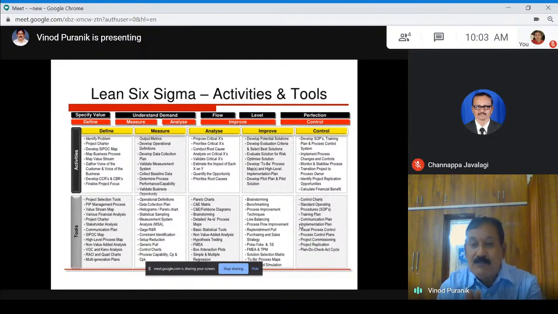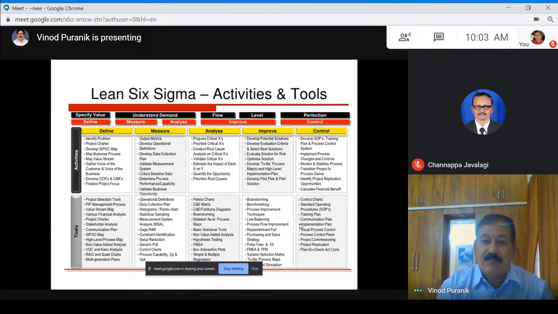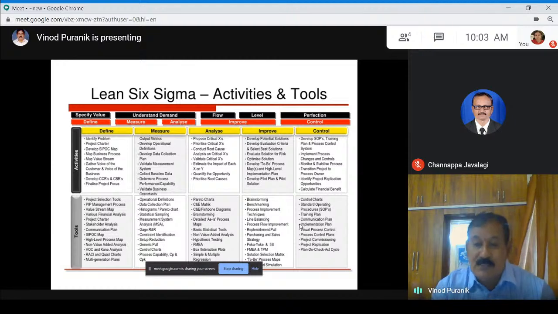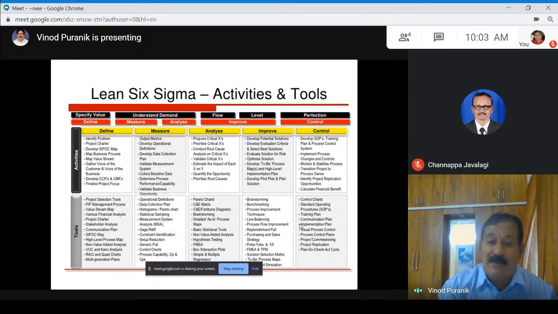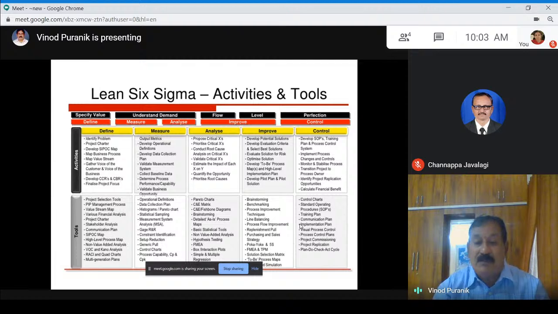Here, improvement is needed, and you have to implement it. So how do you develop the process map into the high level implementation plan, how you are going to implement it? Then develop the potential solutions, then the implementation plan. Develop the pilot plan and pilot solutions. Let us have the pilot plan and look at the results. Any changes or modifications required, you go ahead with that